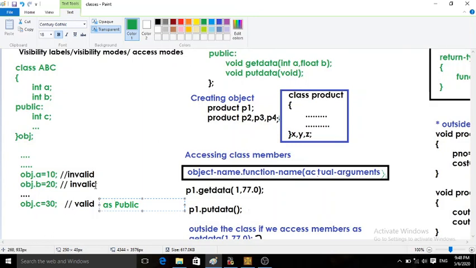C is valid as it is public, whereas this is invalid as it is private.